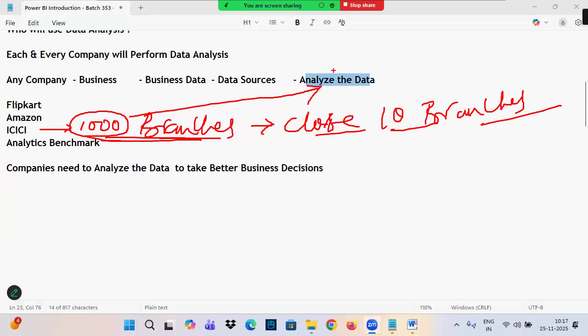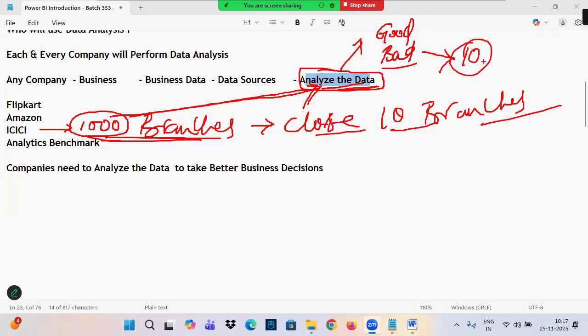First, they will analyze. They'll take all 1,000 branches' data. Analyze means they'll understand which branches are doing good and which branches are doing bad. Once they analyze the branches which are doing bad, they'll take some 10 branches and they'll go and